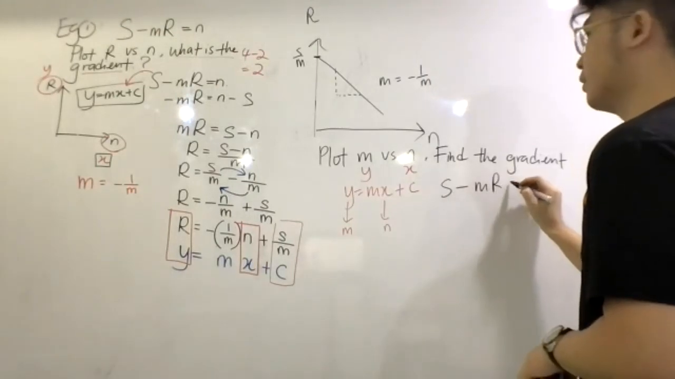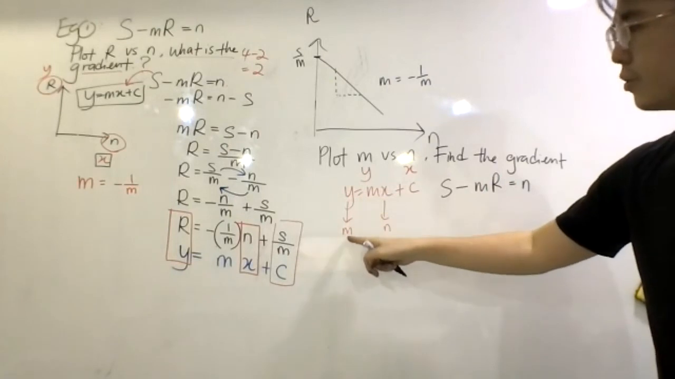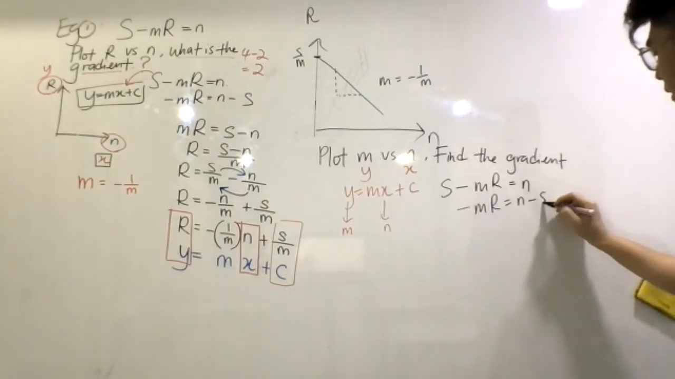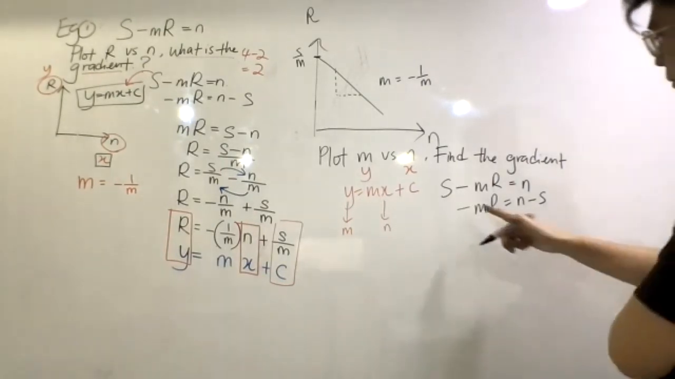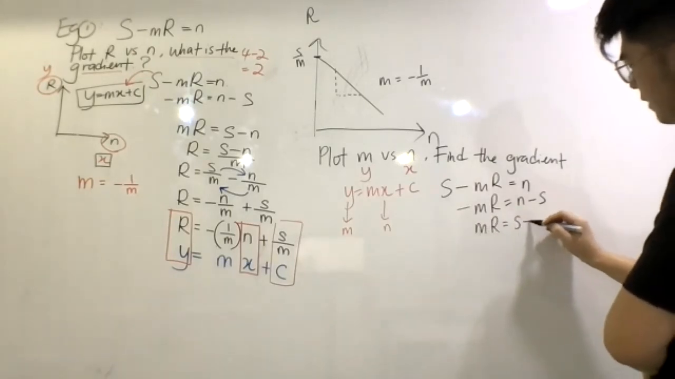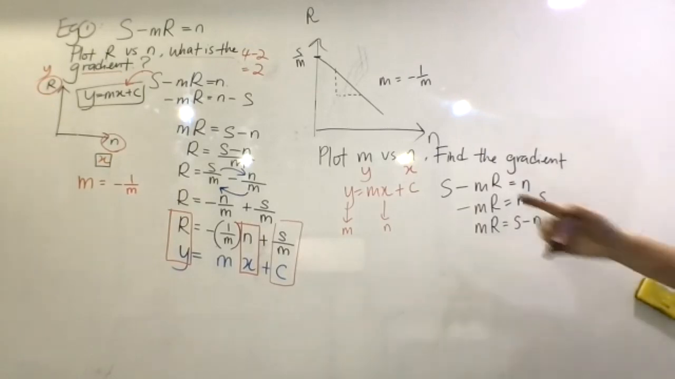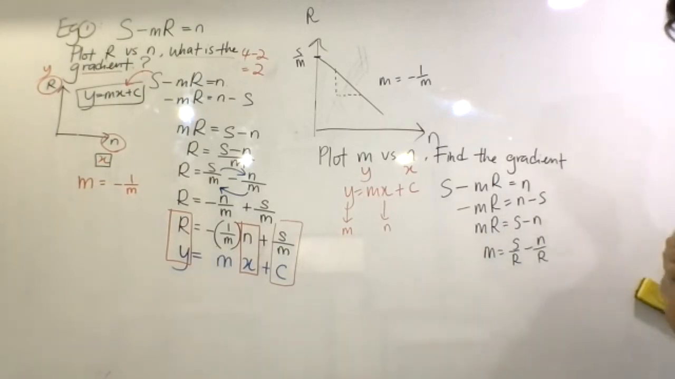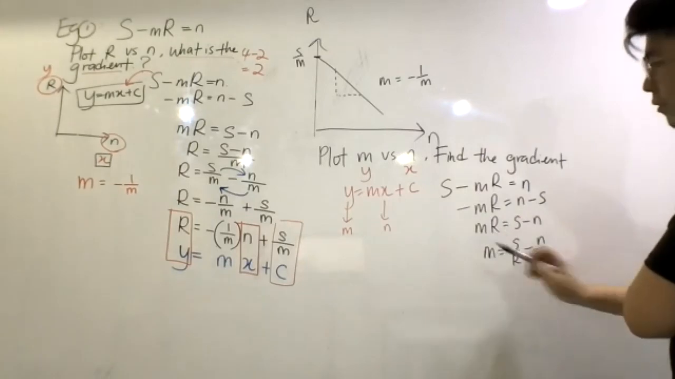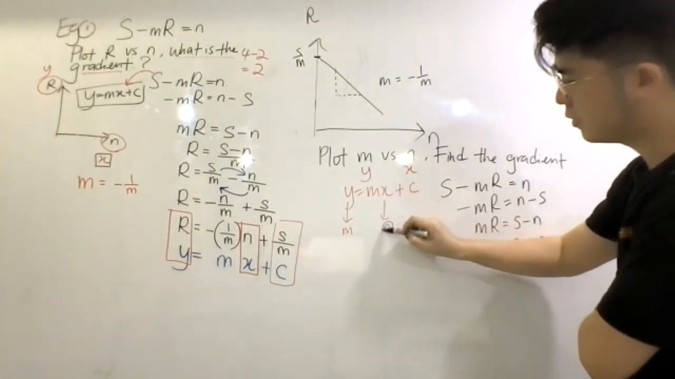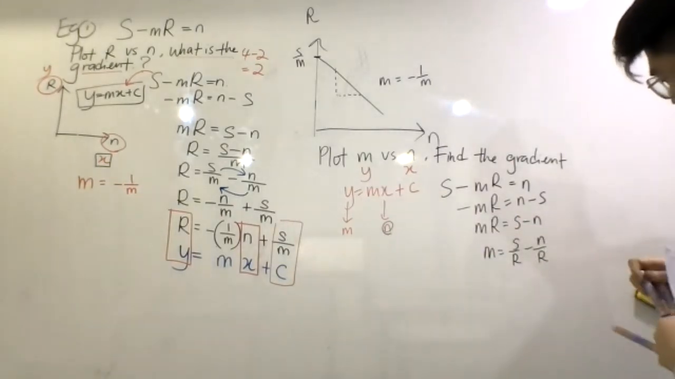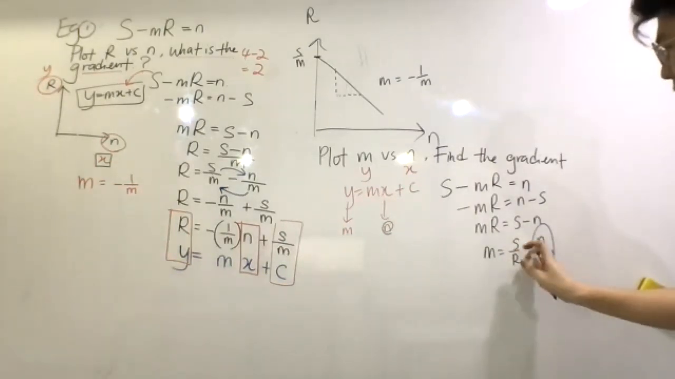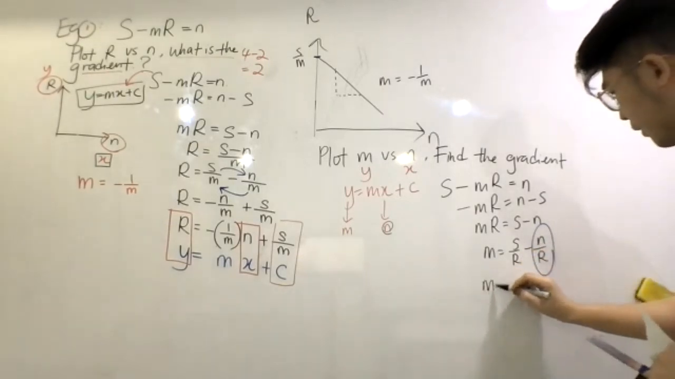OK，所以我们先拿回一样的 equation，s 减 mr 等于 n。我要我的 y，也就是我的 m 在左手边，对吗？所以我把 m 留下来，其他的搬过去，减 mr 等于 n 减 s。OK，减号拿走，mr 等于 s 减 n，把 m 留下来，r 搬过去，m 等于 s over r 减 n over r。